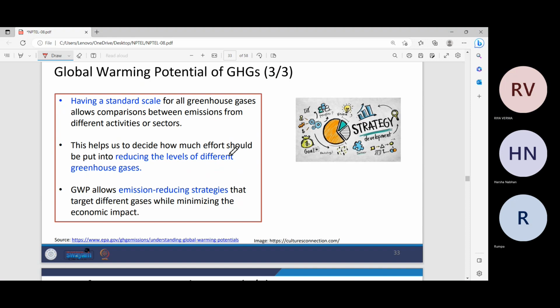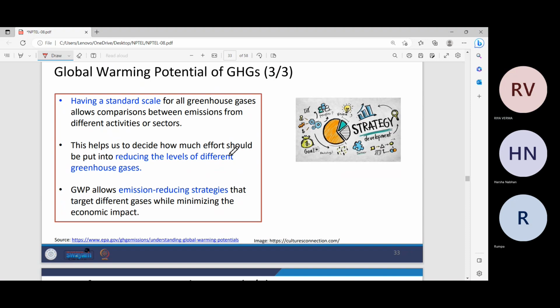So, with a standard scale in terms of global warming potential, it's easy to compare the emissions between different activities or sectors, and it also helps us decide how much effort we should put into reducing the levels of different greenhouse gases. Like what should be our focus, which gas is of prime concern, or which activities or sectors we should focus on to reduce